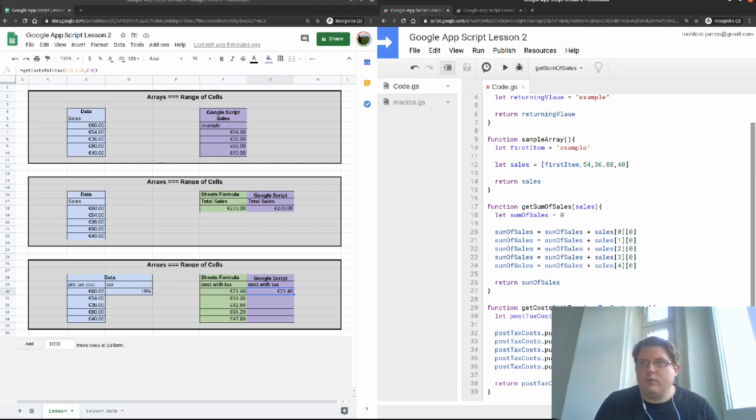And for each of them, we want the next item in the array. So 1, 2, 3, 4. And again here, 1, 2, 3, 4. So now what we're doing is we're taking this empty array, we're adding to it, so we're pushing pre-tax costs,